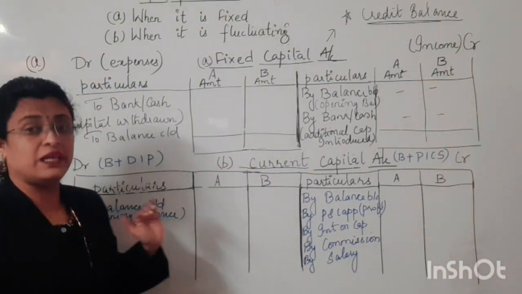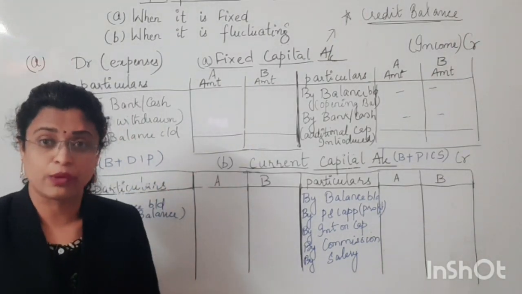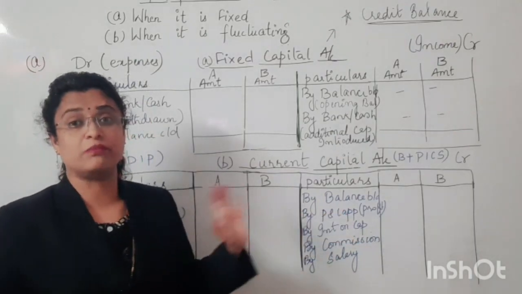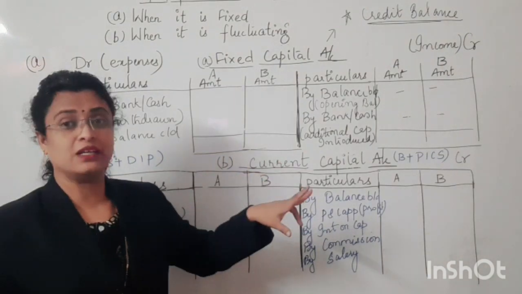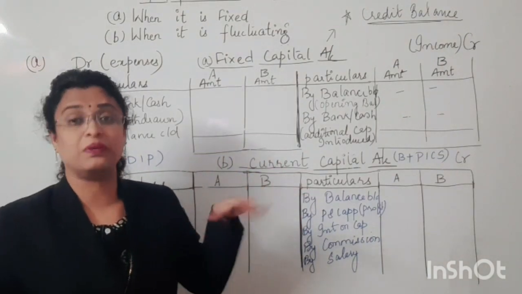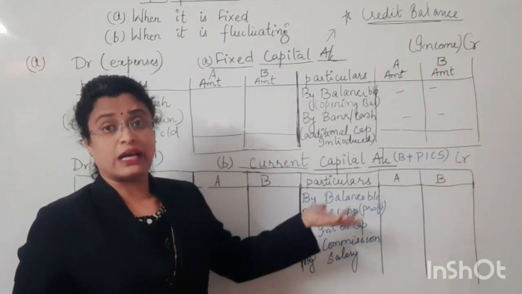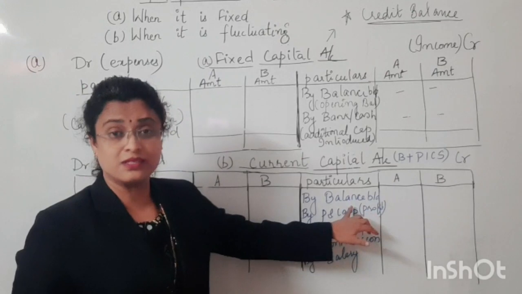Children, when it is given as a favorable balance, that is, when it's given as a credit balance, it will be taken over here. Sometimes the question mentions the balance of A, and in the bracket it's written credit. That means it's a capital account balance or a current account balance which is favorable. So all the favorable balances go there.